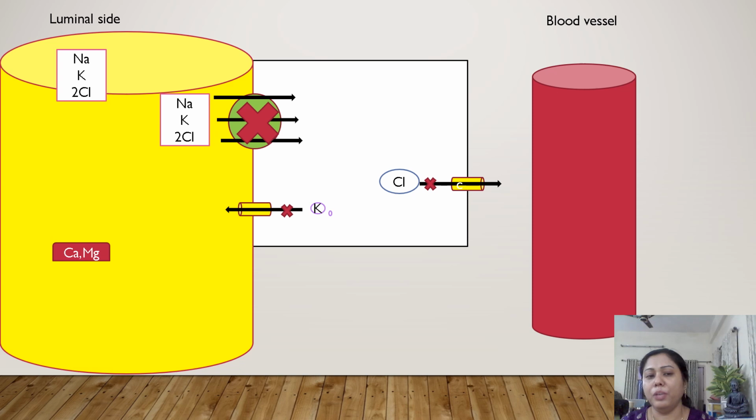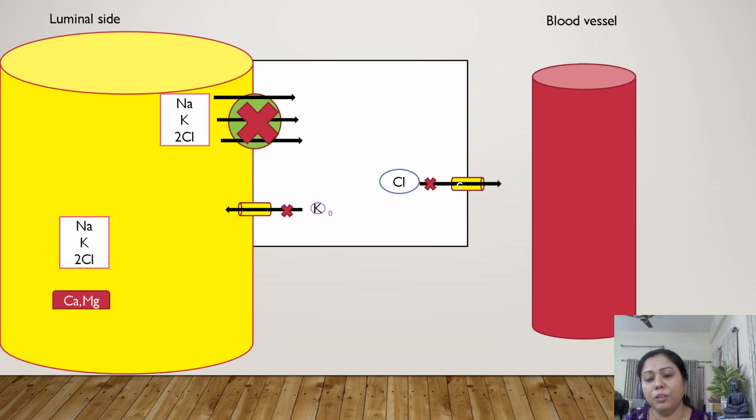Now let's see what will happen if this symporter is blocked. Yes, these ions are not reabsorbed into the body and they are lost into the filtrate, that is they are lost into the urine. Also we are losing calcium and magnesium divalent cations, and that is because potassium is not diffusing back into the lumen. So this is happening in the thick ascending loop of Henle. So there is no exchange of water molecules at this level and only ions are seen to be filtered.